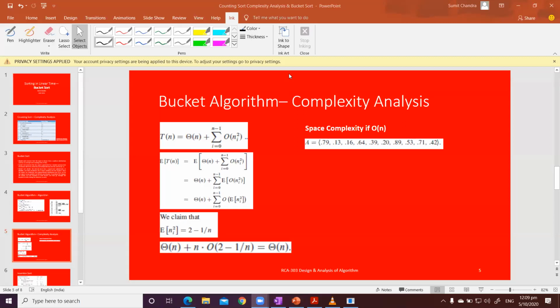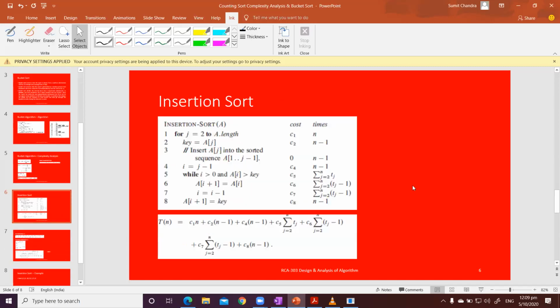Good. So now we'll move to quick revision of insertion sort. Any problem? No, sir. Insertion sort, you have studied in data structures also, a very simple algorithm. So first, quickly, I will revise the time complexity and space complexity of insertion sort. Insertion sort is a stable sort. We all know what a stable sort is. A stable sort is a sorting technique in which the order of duplicate elements before sorting and after sorting is the same. These things you need to remember. And also it is in-place sorting. In-place sorting means it does not require any auxiliary space for sorting.